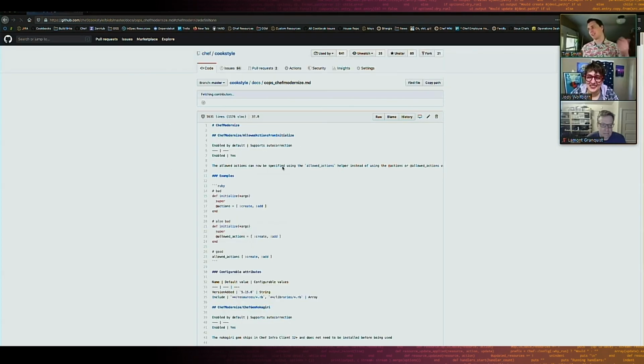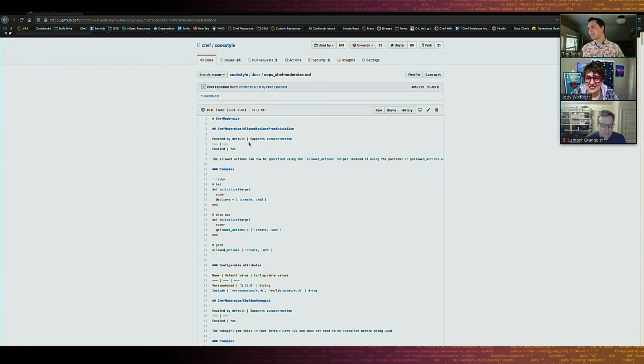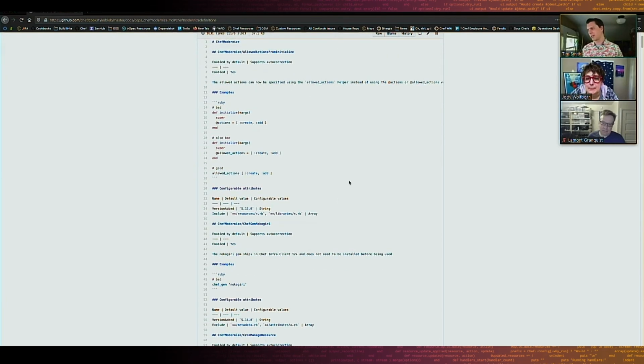And of course it doesn't load as soon as that. So it'll tell you whether it's enabled by default. Unfortunately, this doesn't render as nice as it could. And it doesn't support autocorrection. So that's this particular one in the Modernize department. I don't know why it didn't take me to the right one. But a lot of them are like,